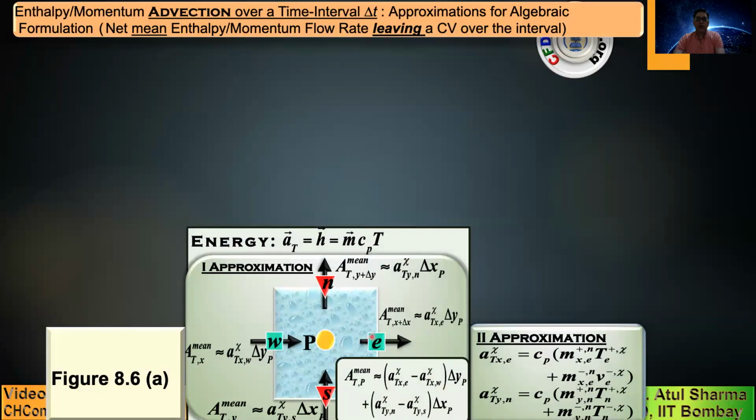So this AT is the enthalpy flux, which was presented in the previous topic on computational heat convection. And this is the enthalpy flow rate entering from the left surface. This is the enthalpy flow rate leaving from the right surface, where capital AT is the enthalpy flow rate, and small at is the enthalpy flux. This is hx, this is hy, and the superscript chi is used